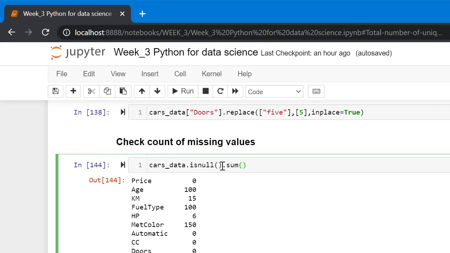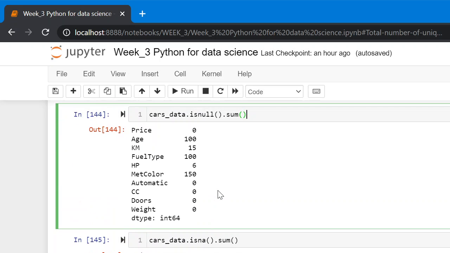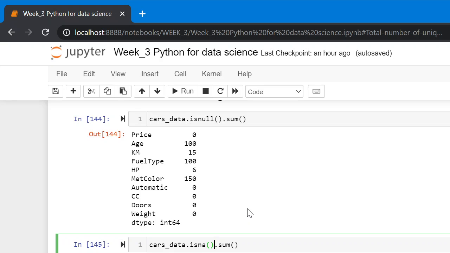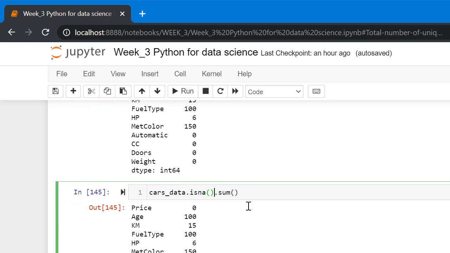So the isnull method returns a Boolean array, and the sum method counts the number of Boolean values to give the count of missing values. Similarly, we can use the isna method in place of the isnull method.